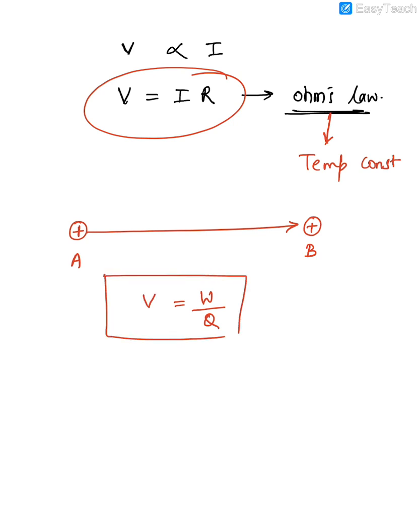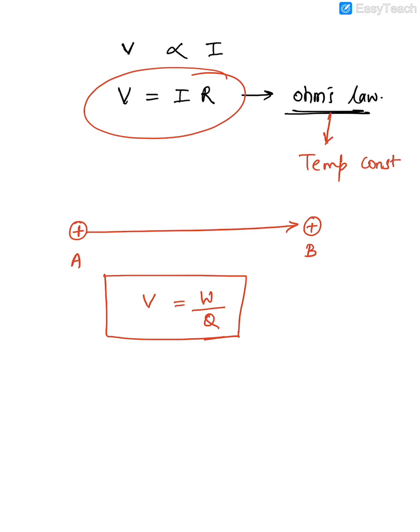You may not understand this thoroughly, guys, but right now you're in the transition state, you don't know some of the topics. So I'll just tell you in simple words: when you want to push a charge from point A to point B, you have to do some work on it, and the work which you do is called potential difference, meaning the work done per unit charge is called potential difference. So potential difference is also defined as the work done in moving a unit positive charge from one point to another point.